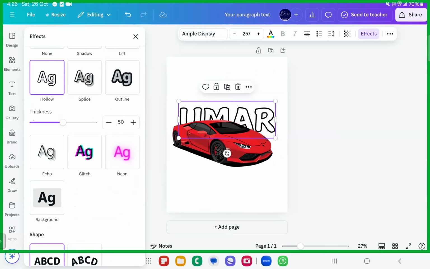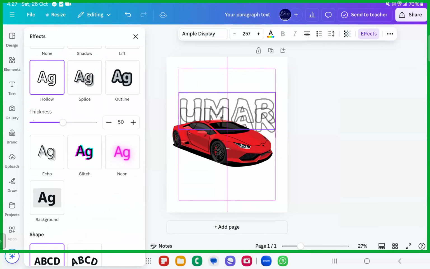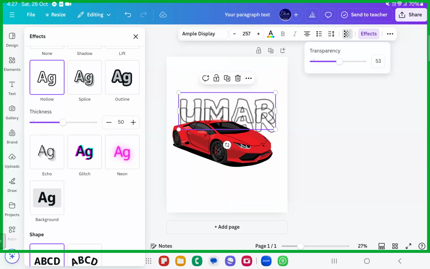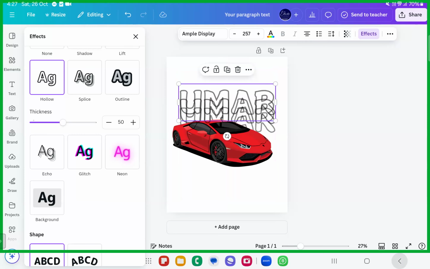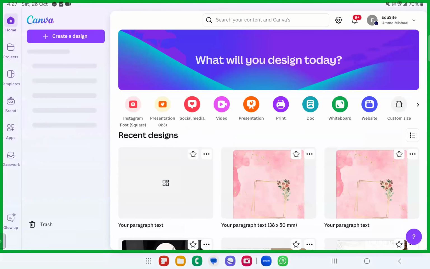Send to back. So what else can I do with this? I can reduce the transparency for this one, duplicate this over, place it a bit above this, increase it in transparency, duplicate this over, and increase it further in transparency. I think I click the back button. Okay, just get back in a while.